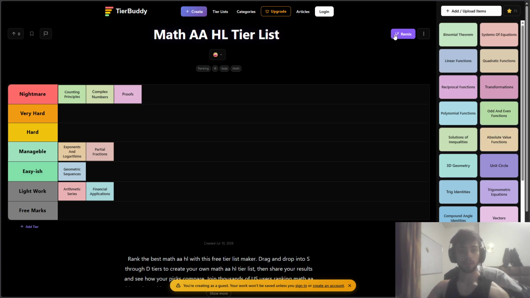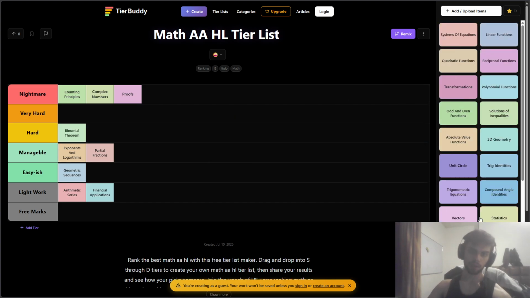Nope, we're not doing that. Binomial theorem: hard, very, very hard. And this is with the standard and extension of the binomial. There are some very unique and niche questions that you have to know about this topic. They throw in niche questions every once in a while, and you have to know them all because they come up once every 5 years. I want to put this in very hard, but let's not worry about that.